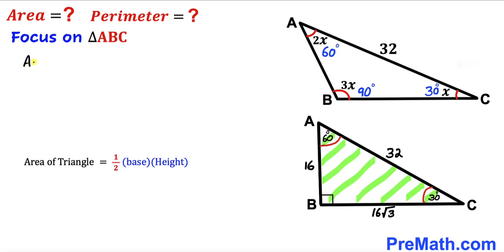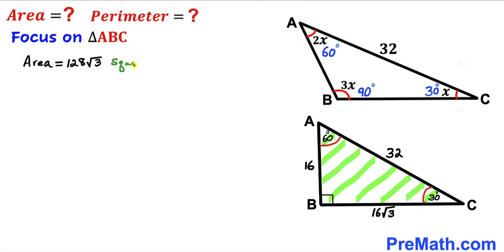So the area of this triangle ABC is going to be a half times our base, 16 times square root of 3, times height, 16. If we simplify everything on the right hand side, that is going to give us 128 times square root of 3. So the area of this triangle turns out to be 128 times square root of 3 square units, and